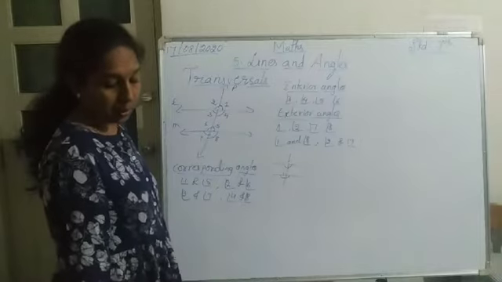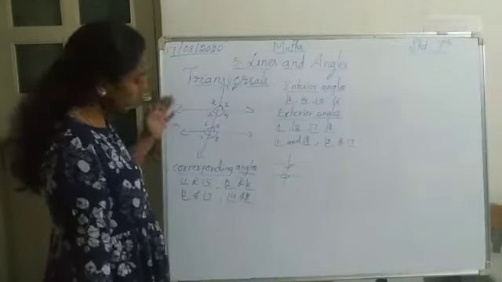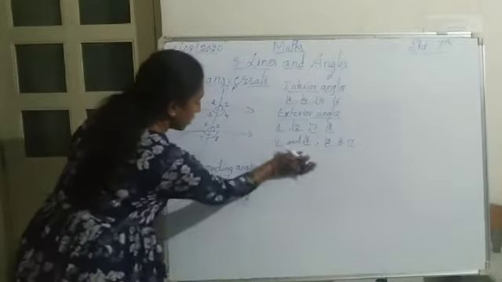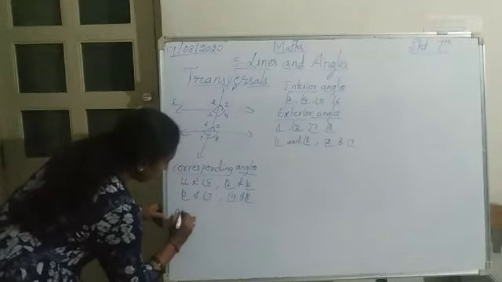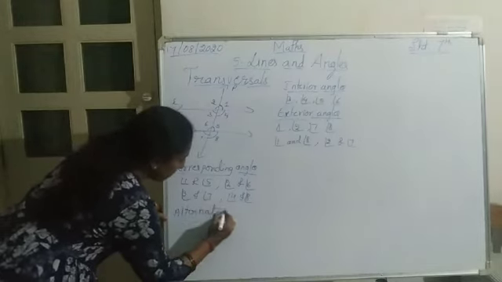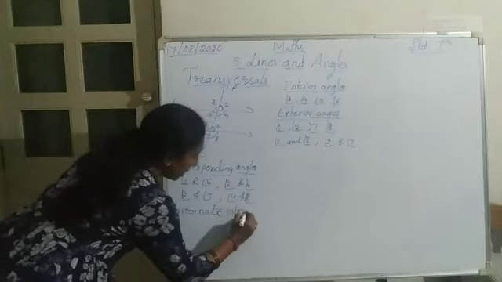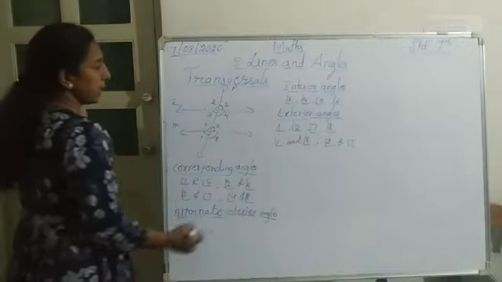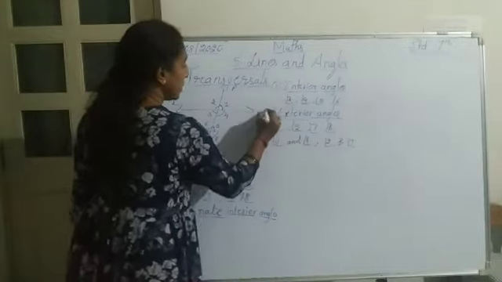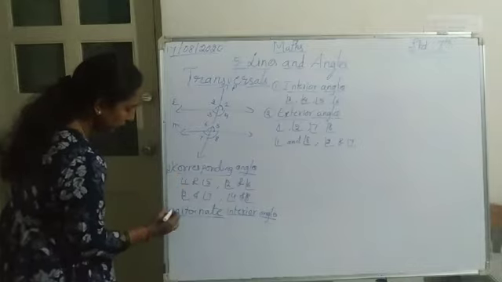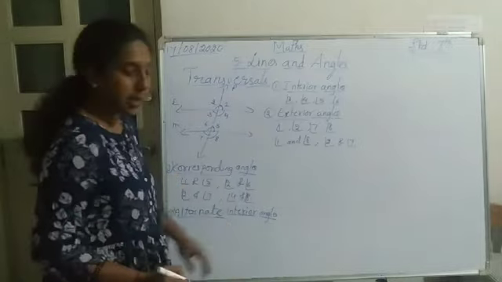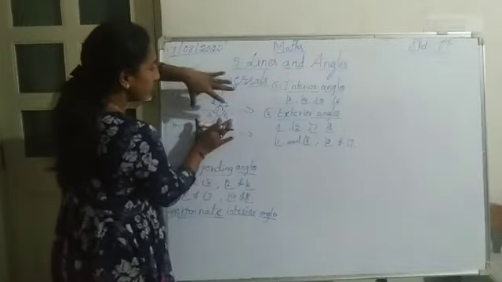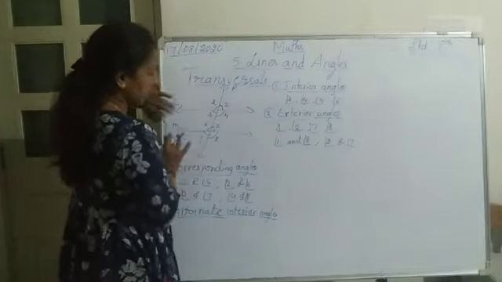Okay, now let us come to the next one, that is called the alternate interior angles. Okay, so we will consider that. Next one is alternate interior angles. So alternate interior angles, this is the first type, second type, third type, and then the fourth one. So first, interior angles. Interior angles means these are the 4 interior angles: 3, 4, 5, 6.